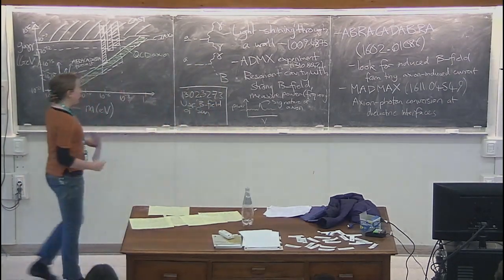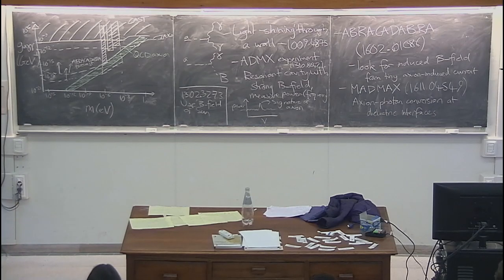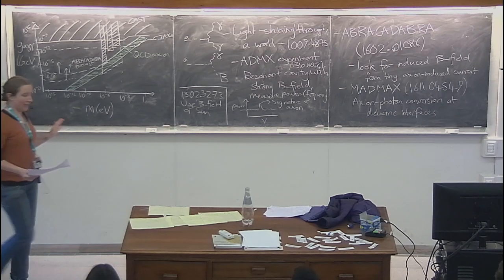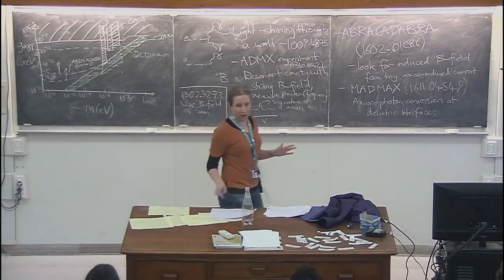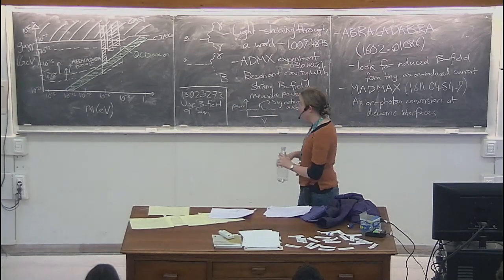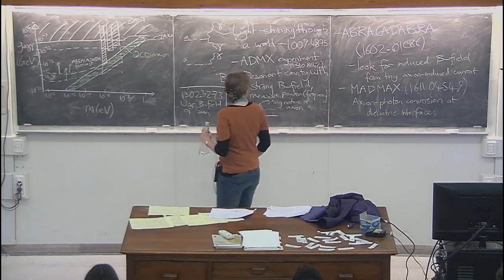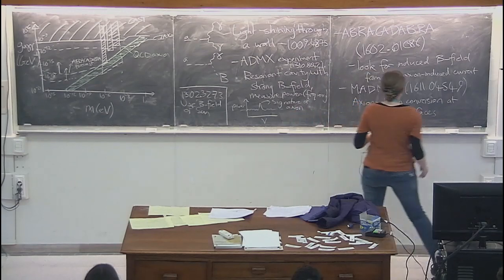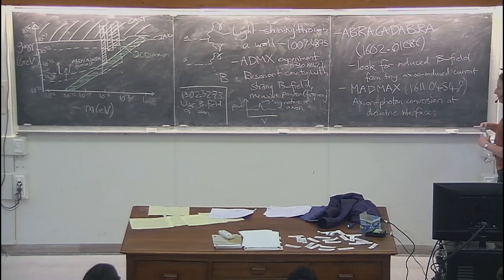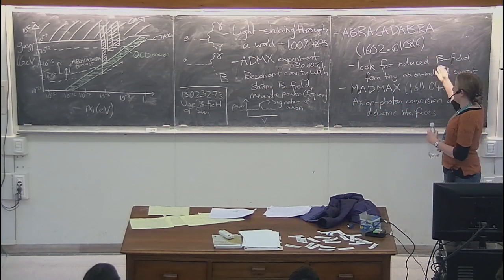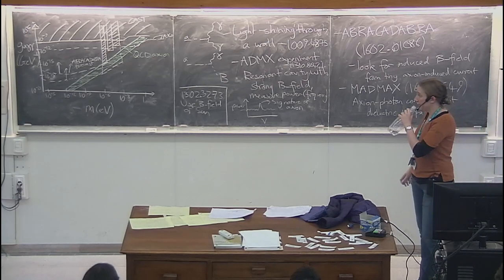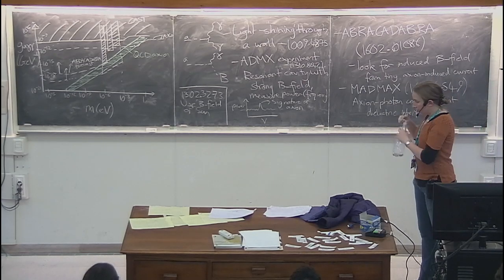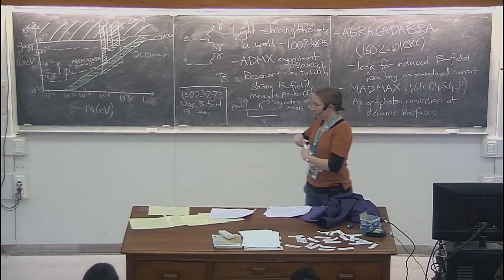If you have another idea, this is a pretty fertile field at the moment, as you can see from the fact that a number of these papers are first ideas for experiments in just the last couple of years. So this is a region where, if you can come up with good ways to test parts of this parameter space, there's potentially a lot to be done. Any questions?